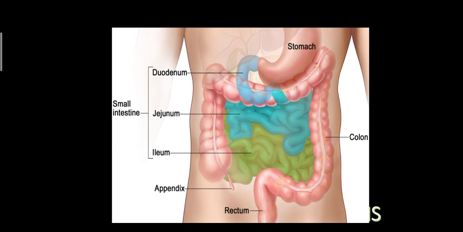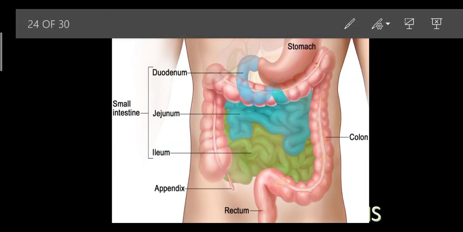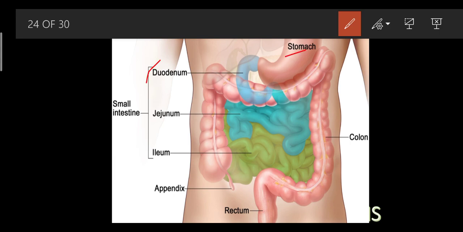So if you notice, we were in the stomach, then we entered into the duodenum, and we have studied that there are digestive juices secreted in the duodenum and ileum. The juices secreted in the duodenum are the bile and the pancreatic juices. In the ileum there would be a secretion of the intestinal juices, and in the duodenum bile and pancreatic juices are secreted.